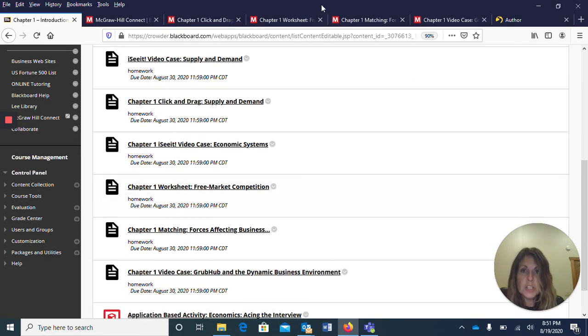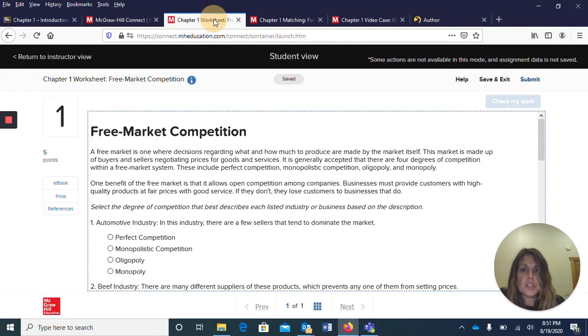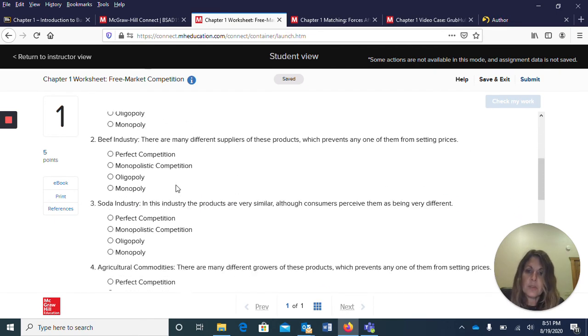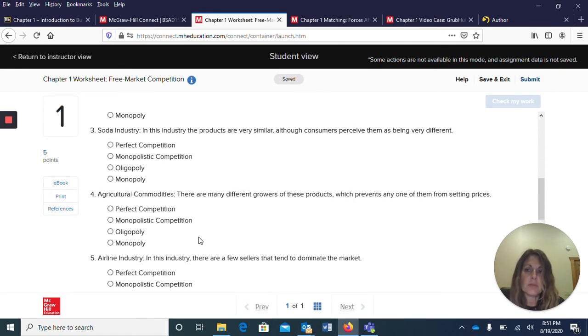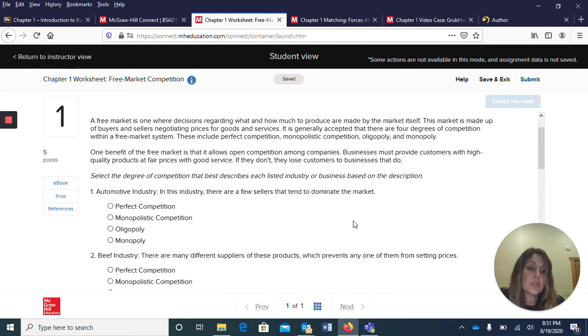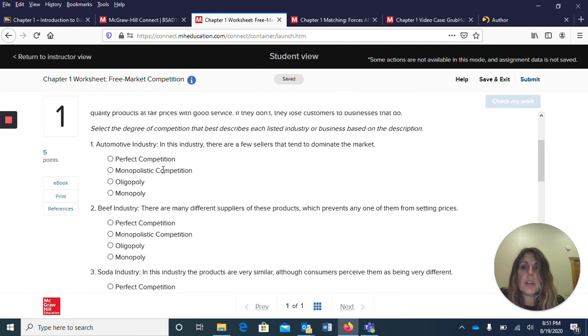You've got a worksheet. So to do the worksheets, again, just read what it says. In this case, it looks like 8 different multiple choice questions. So again, in your SmartBook, you would have learned already about these. So that's why I want you to do the SmartBook first. But then you're going to read this, and is the auto industry an example of a